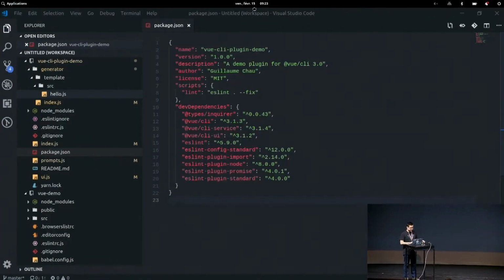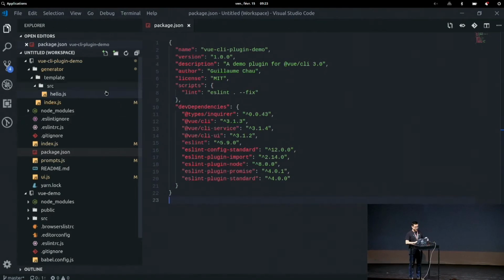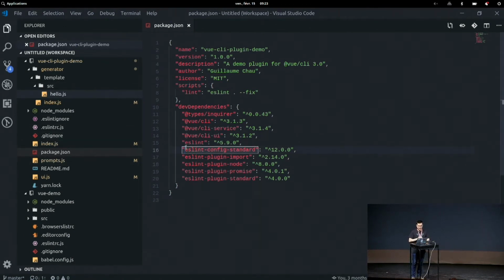So here is a very simple, almost empty Vue CLI plugin. It first has a package.json file. Naming is important, so follow the Vue CLI plugin naming conventions. And it doesn't need to have a main option